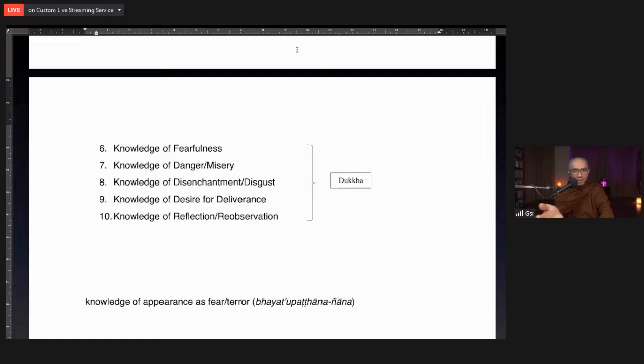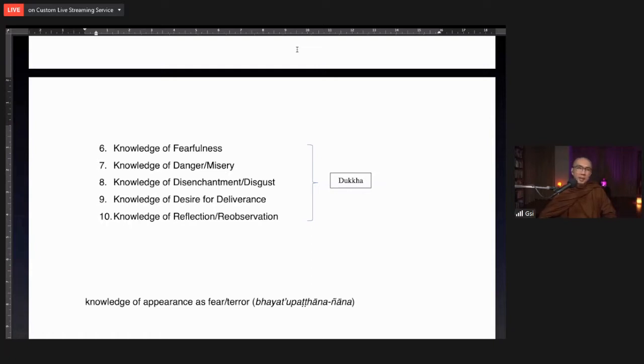Upatthana means arising or establishment or appearance. Here, bhaya means fear or terror. So, what did you see? What is being appeared as fearful to you? What is being fearful to you is that the objects you are noticing at that moment of time